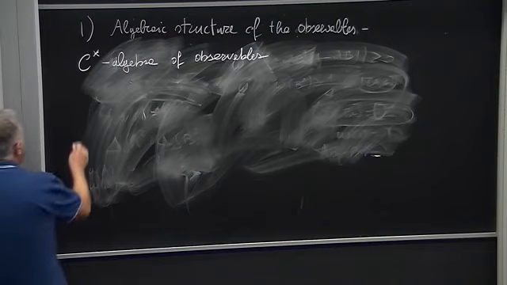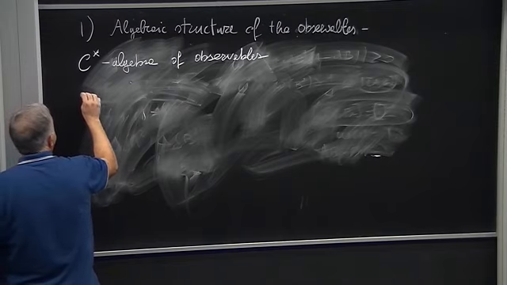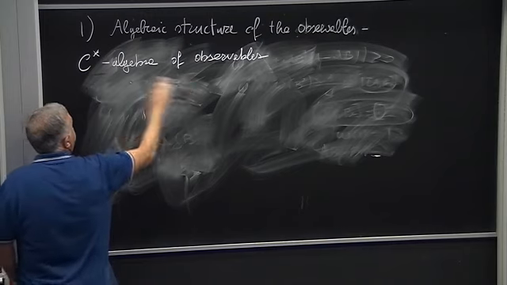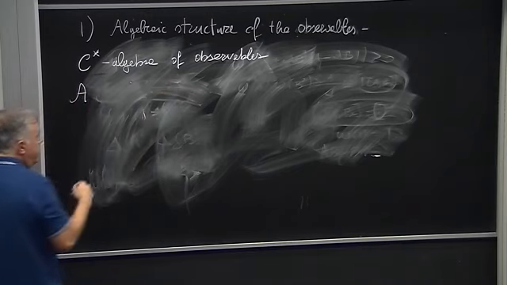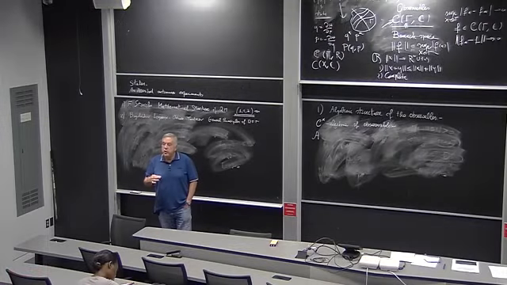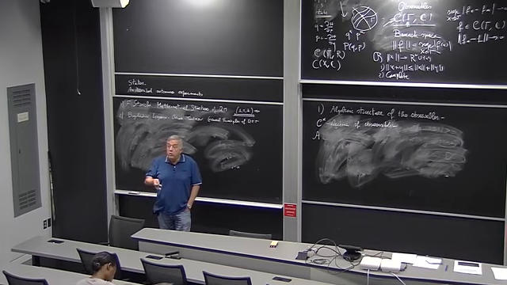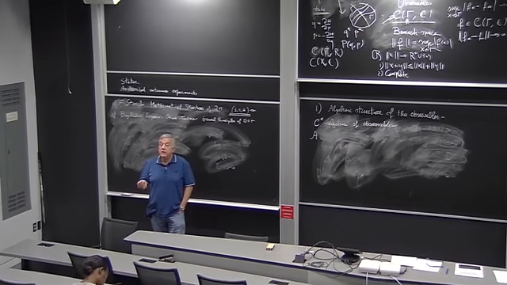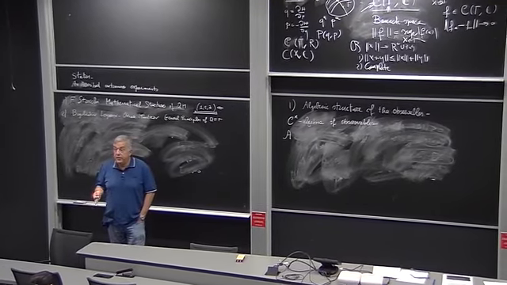So let me tell you once more what the assumptions of a C-star algebra are. It is supposed to model the observables of your physical system, either of a classical physical system, in which case you get an abelian algebra, or of a quantum physical system, in which case you get a non-abelian